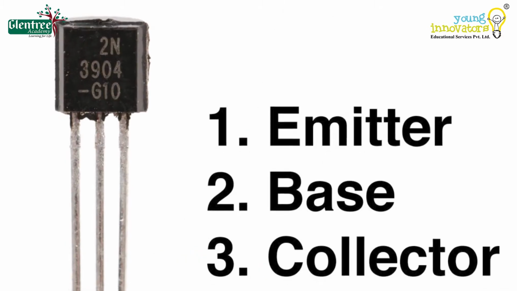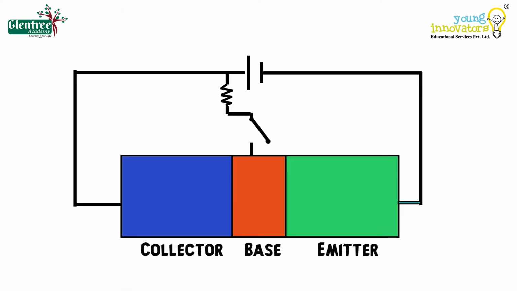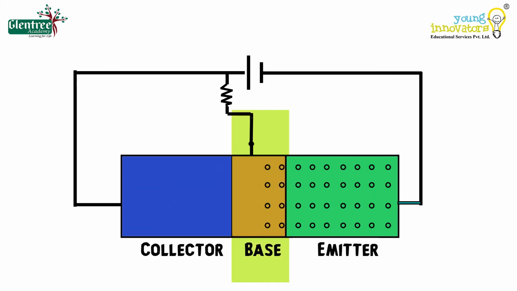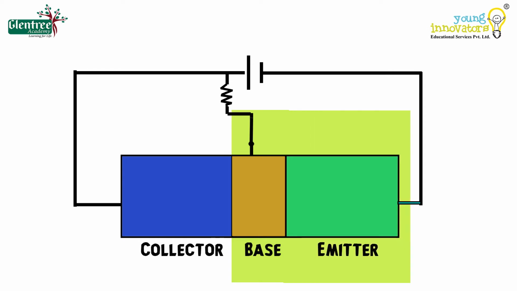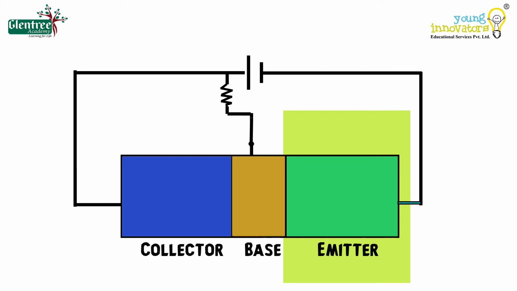A transistor has three terminals: base, collector, and emitter. A collector is the terminal that, as the name says, collects the charges supplied to it. A base is the terminal which controls the power in the circuit. That is, the circuit is activated based on the current that we give to the base of the transistor. The base forms two circuits, that is, an output circuit with the emitter and an input circuit with the collector. The emitter terminal is the terminal that emits the charges that are supplied to it.